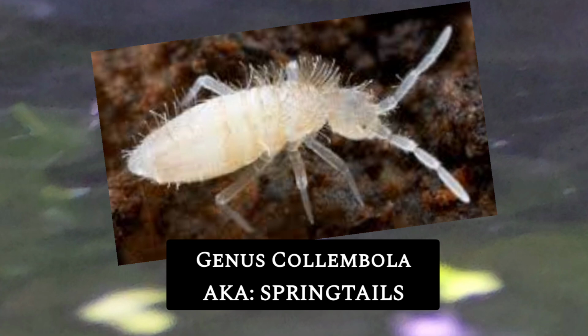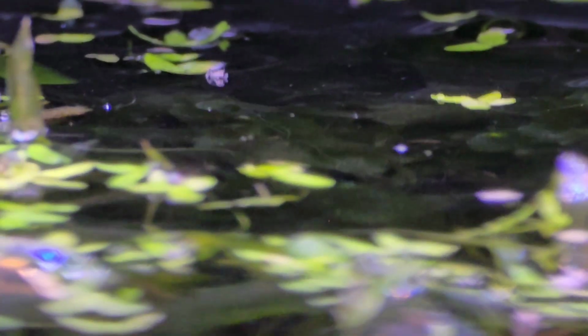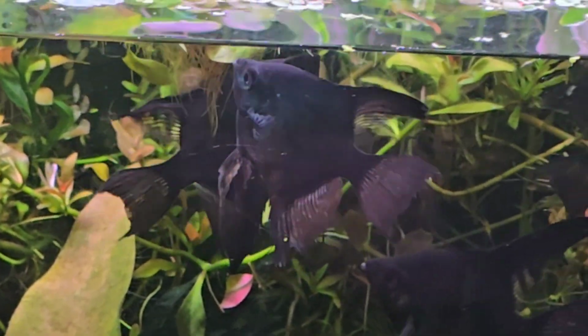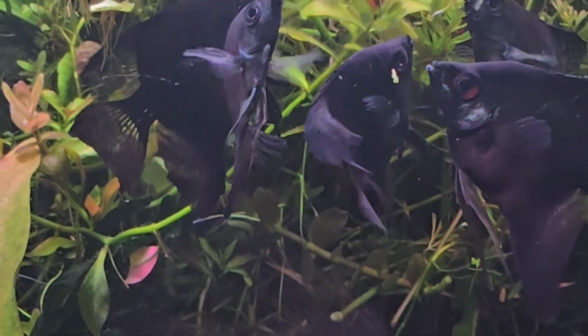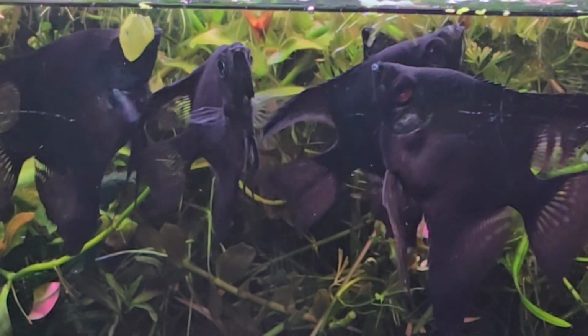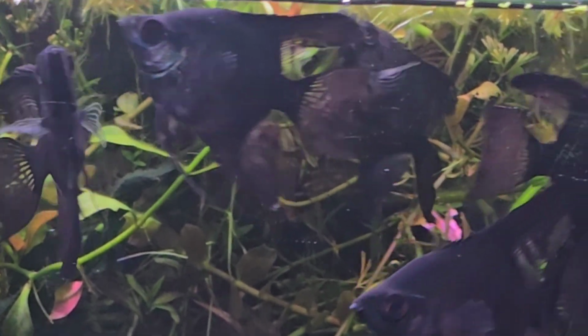And these guys are so tiny that it's really not super worth their while unless it's a really nano fish. But it does catch their attention, and it really sparks the instinct in them. So that's what they're doing here. And I have a whole video that's going to go into that you guys can check out any day now. But here we can see that they're together, and they're trying to catch these creatures as they're falling off,